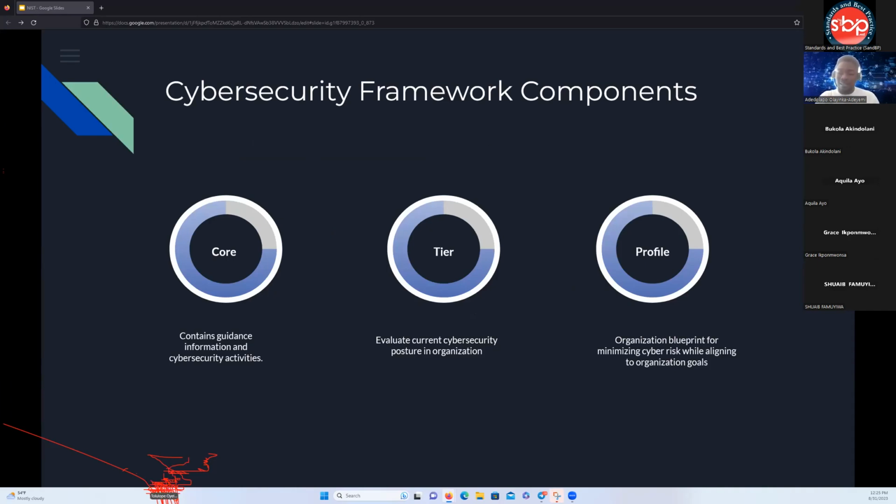Then there are tiers, which help you gauge or evaluate your cybersecurity posture in your organization. There are 4 tiers, from tier 1 to tier 4. Tier 1 is the partial tier, going up to tier 4, which is the adaptive tier. At the start, you have no idea about the potential threat actors that are there, and you create a strategy to align to them. And then in tier 2, you are risk informed, moving from tier 2 to tier 3, which is repeatable, and then tier 4, adaptive. So with this, you can evaluate your posture in terms of